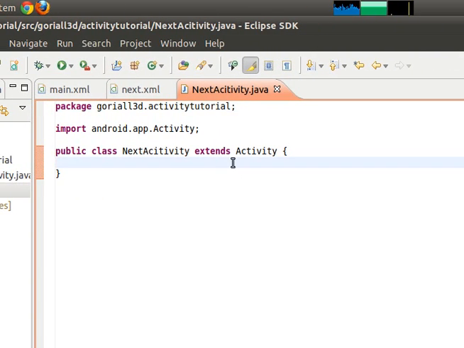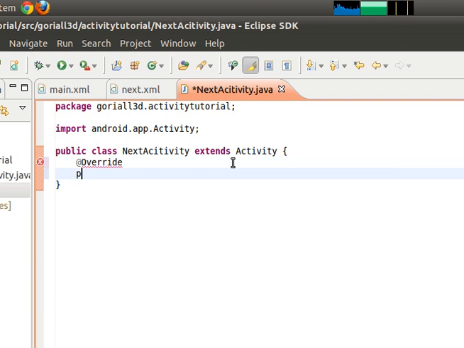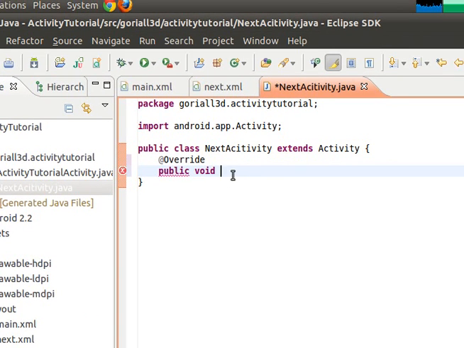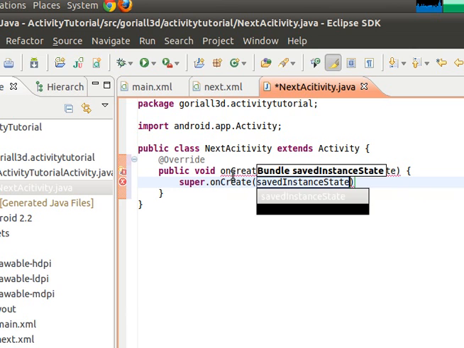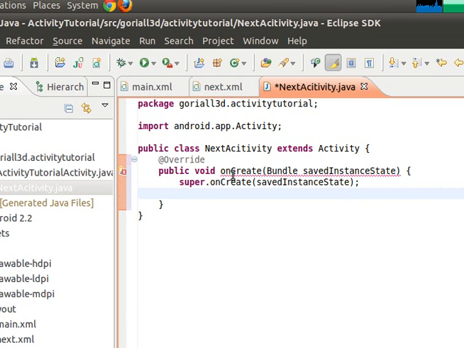So now we're going to add our basic onCreate command. We're going to do an override, and then we're going to say public void. Did I spell override right? Then public void onCreate, and this will take the Bundle savedInstanceState. Alright, then we do super.onCreate as is, then we do set